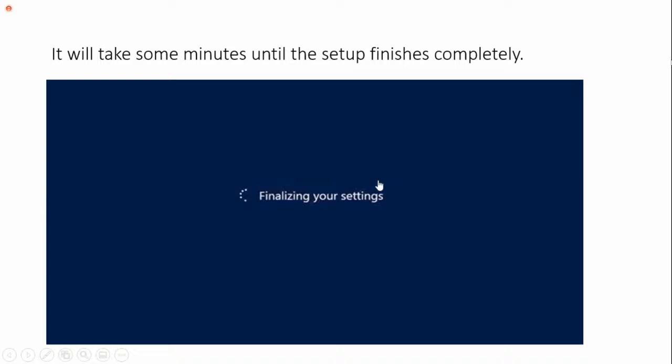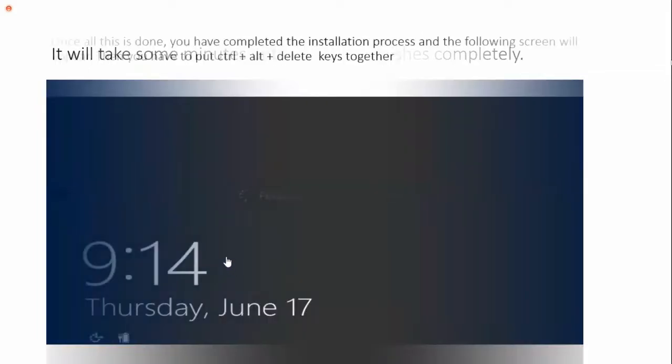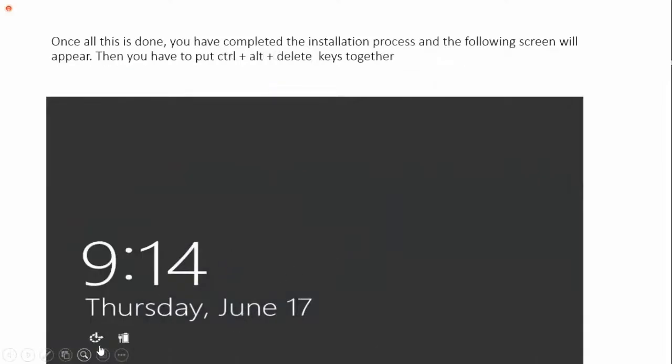In my case, I didn't receive this screen, but the Microsoft guide says sometimes you may receive this screen. In my case, it automatically went to this screen. As I mentioned before, this also has this icon, and you can click this icon and turn on the on-screen keyboard, and you can click power off, log off. You can do it by clicking this icon,